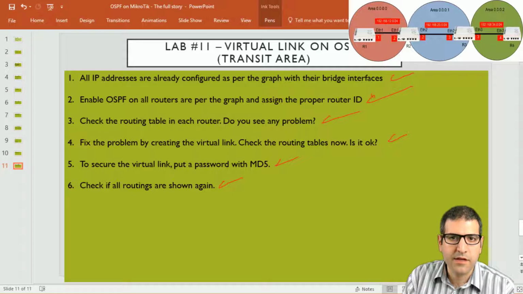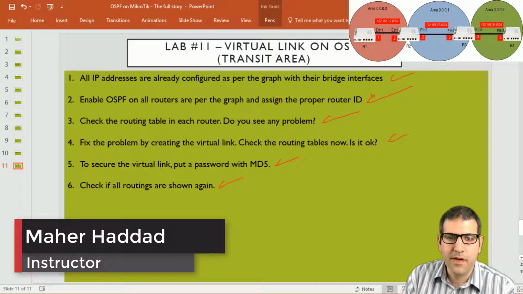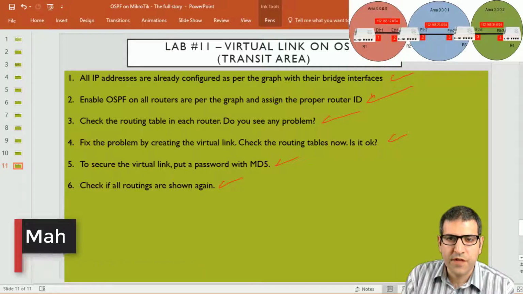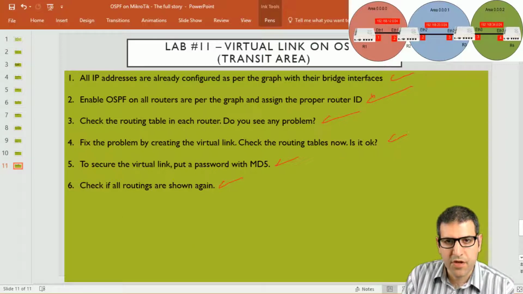It's very easy. You only need to understand the concept of virtual link, why we need it and where we have to apply it, and then the configuration is just as simple as you have seen now. Okay, so this lab number 11 is finished. Now we have to go to lab number 12. That's also about the virtual link, but for discontinuous areas. I hope that this lab has been informative for you, and I'll see you in the upcoming